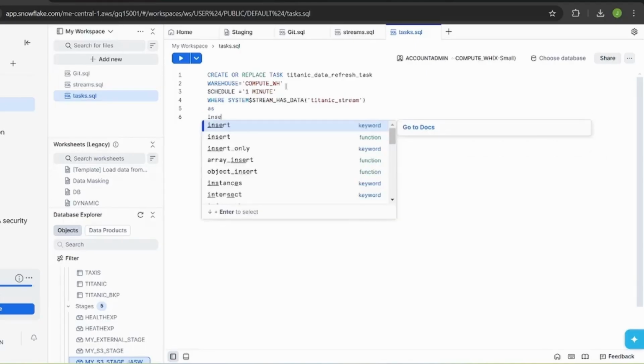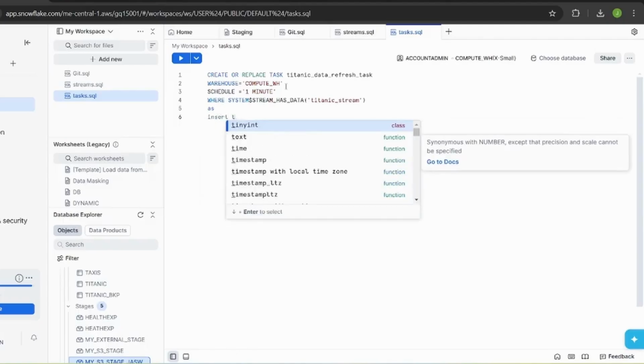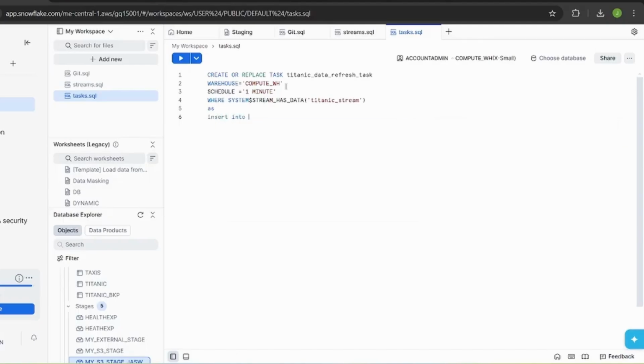Now I will mention the insert script: insert into, let's say, Titanic final table with a few columns. I'm not writing the complete script, I'm just giving you the syntax of how we do that: column 3 and so on.